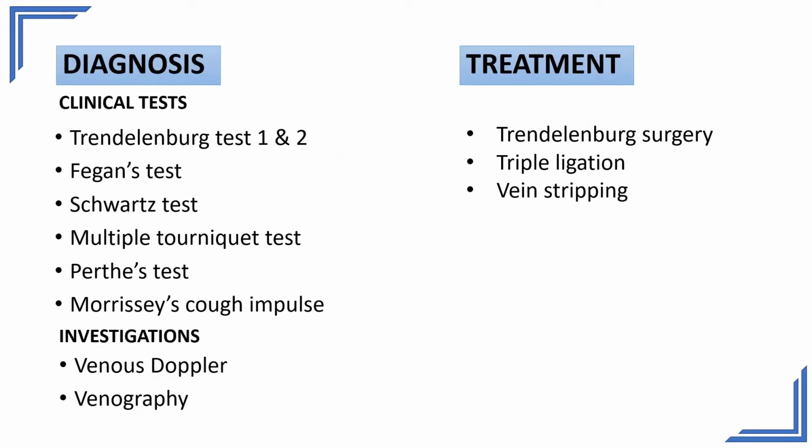To diagnose a case of varicose veins, we have a several number of clinical tests as well as investigations. Trendelenburg was a pioneer in varicose veins. However, to confirm the diagnosis, we always need investigations like venous Doppler or venography so as to decide the treatment, whether to treat only the varicosities or whether the perforator insufficiencies should also be treated. So to confirm the diagnosis, we need a venous Doppler, which in turn would help in deciding the treatment.